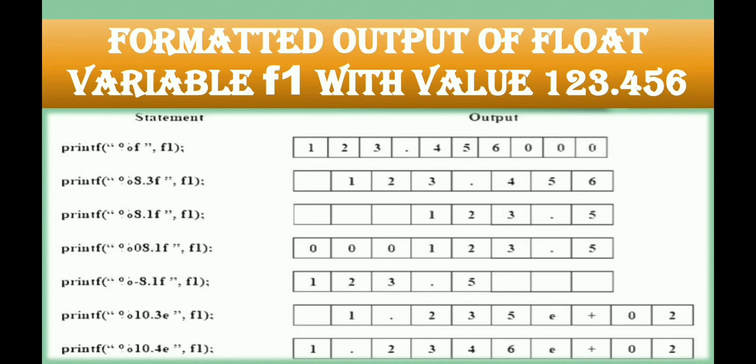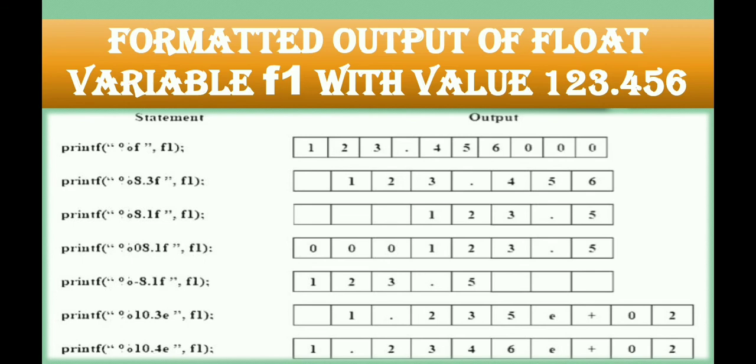Now see the second statement. In the second statement we are providing the length of the variable, that is 8. So 8 boxes will be there, and 8.3 is written. The 3 shows how many digits you want to display after the decimal point. So first it will give the 8 length to your variable. Then the alignment will change from the left side to the right side when we provide the length of the variable. So from the right hand side it will display your characters, and here .3 is written, meaning 3 characters after the decimal point.